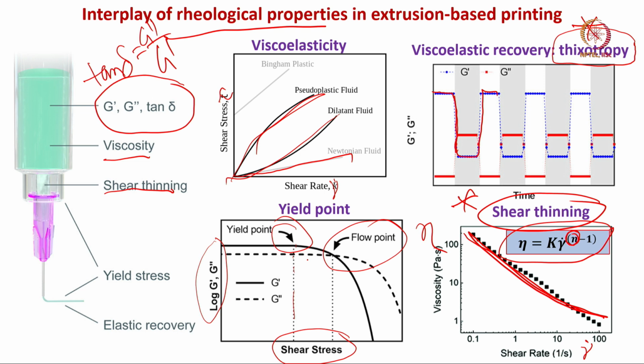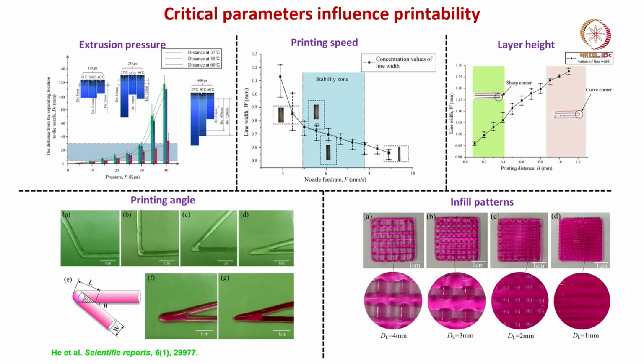You have seen that in the case of metal 3D printing, we are more interested in seeing that the yield strength or yield stress, as well as the ultimate tensile strength, remain uncompromised. But here, in the hydrogel, it is more like viscoelastic properties, and also temperature or shear rate dependent viscosity. G prime and G double prime are the two properties which play an important role. So, what are the different critical parameters which will influence the printability?